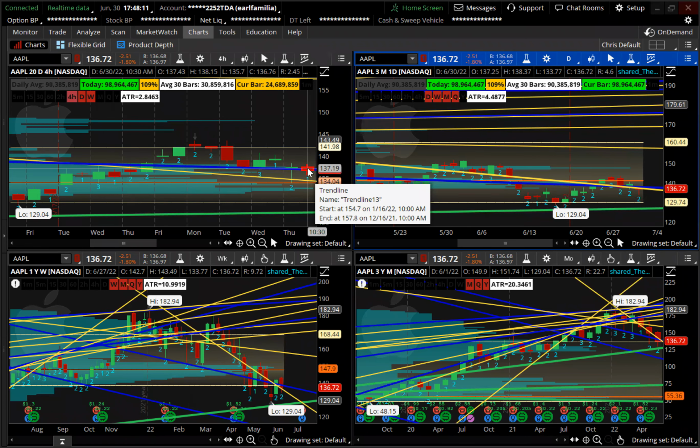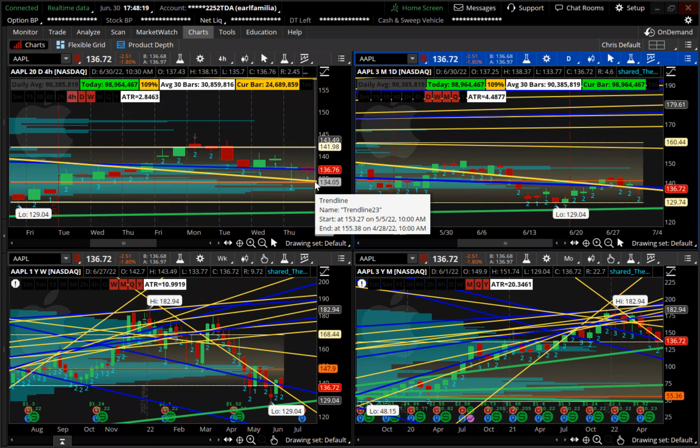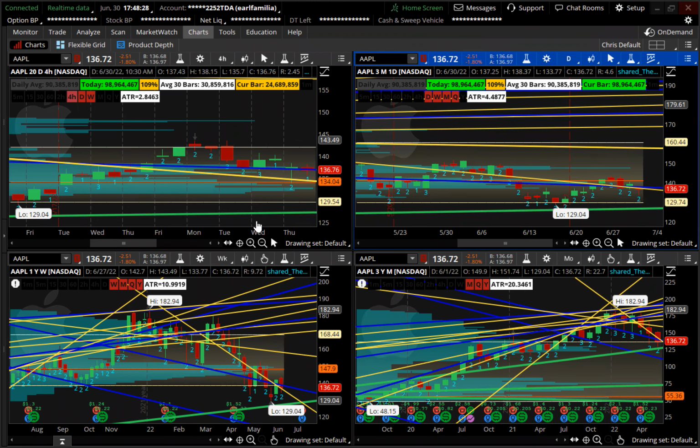I think based on the setup we're looking at right now, you would take that. If you wanted to take it, you've got a little bit of room into the next broadening formation. So you're looking at entry below 135.70, and then a broadening formation right around 134.15 or something like that. So you've got about a $1 move after that entry. Yeah, we did Neo. We were kind of on Neo for tomorrow anyway.